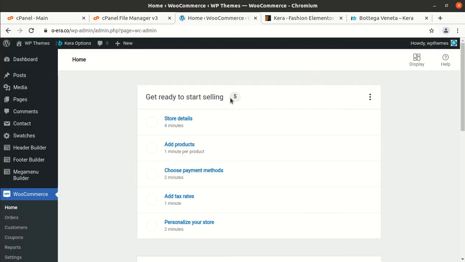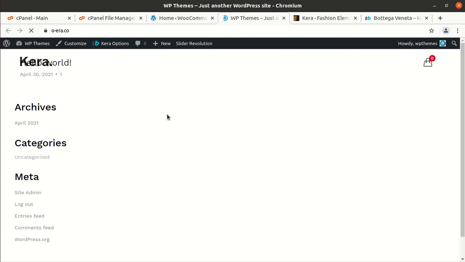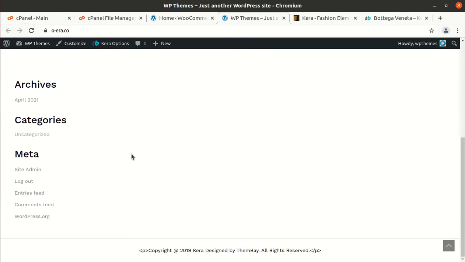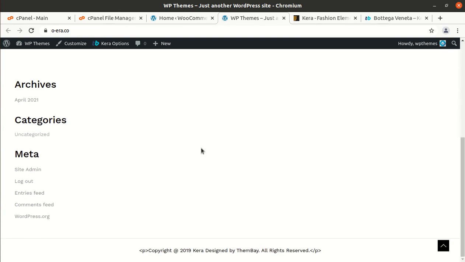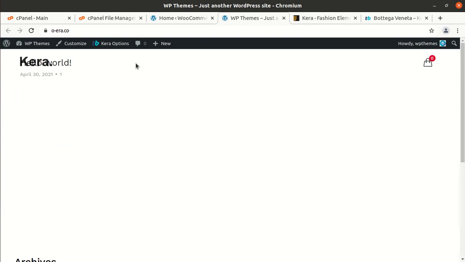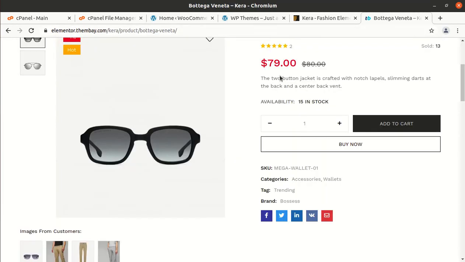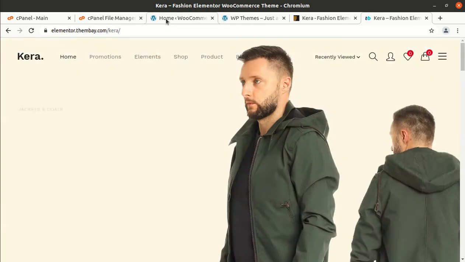And now, since all the plugins and the theme itself have been installed, we can take a look at our website, how it looks with the theme and plugins. And this is the basic look of the Kera WordPress theme, and it is of course without any demo content. This is why it is looking very clear and showing nothing. So at this stage we are targeting a website like this, so we have to import the demo content to make a demo website like this, to put in original content.